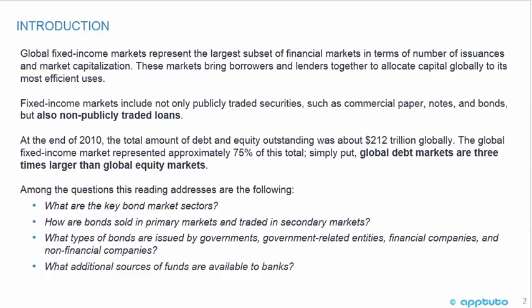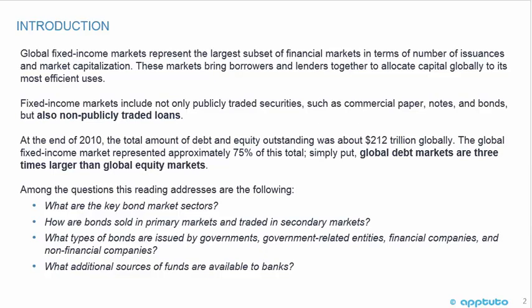The global fixed income market represented approximately 75% of this total. Simply put, global debt markets are 3 times larger than global equity markets. Among the questions this reading addresses, and we're going to see in the following LOSs, are, what are the key